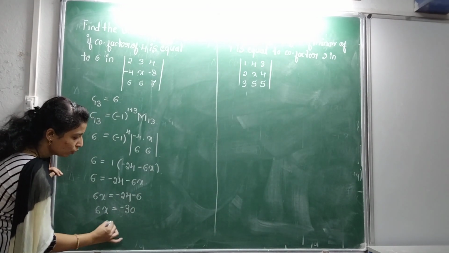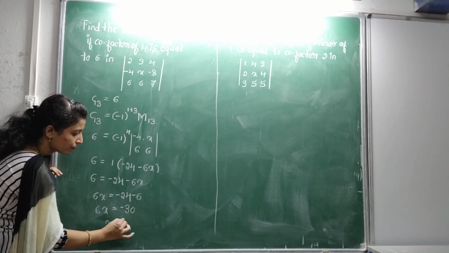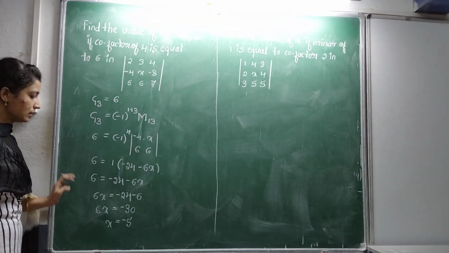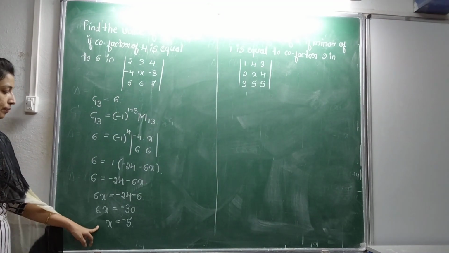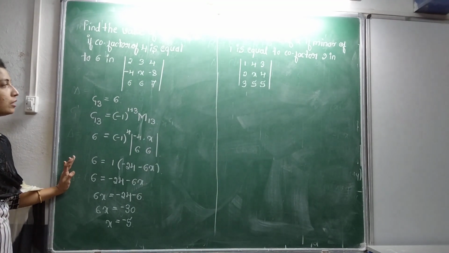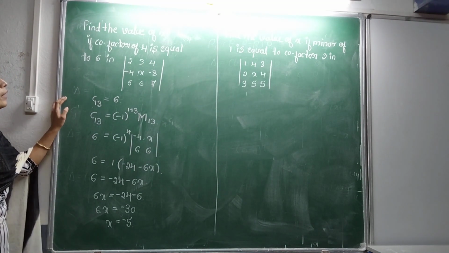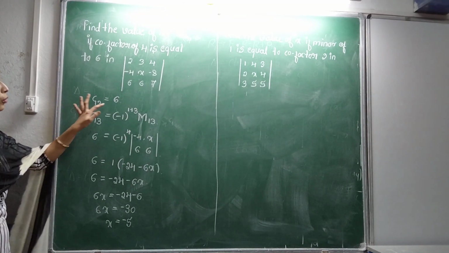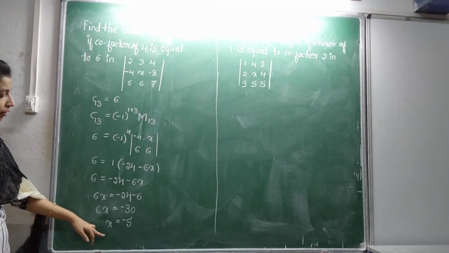So x is equal to minus 30 divided by 6, so it is minus 5. This is the value of x. So these are the 2 marks questions. If the cofactor of 4 is equal to 6, then the value of x is minus